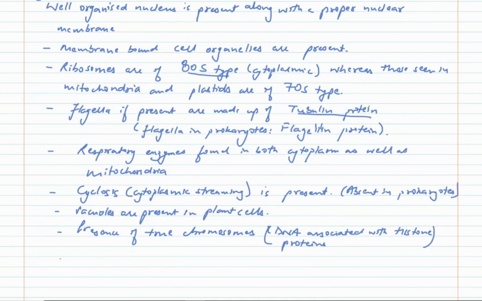Examples: we have all protozoans, animal cells, kingdom Protista, fungi, plants. These are all examples of eukaryotic cells. Now eukaryotic cells may be haploid,